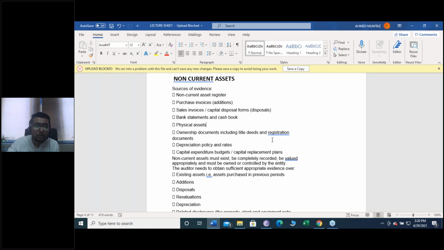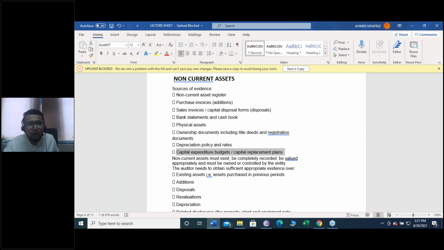Maybe you would like to review the capital expenditure budget or the capital replacement plan of the client, through which you might be able to verify whether the estimates regarding the useful lives are correct or not. Maybe you would like to select a sample from the non-current asset register, and verify whether those assets do exist. The other way around, you would like to select a sample from the premises, and then verify that those assets have been incorporated in the non-current asset register.